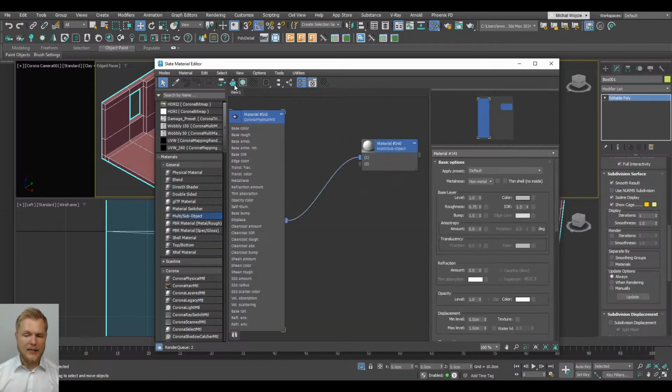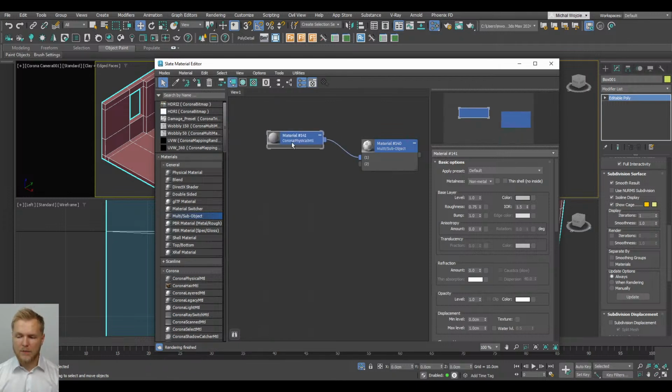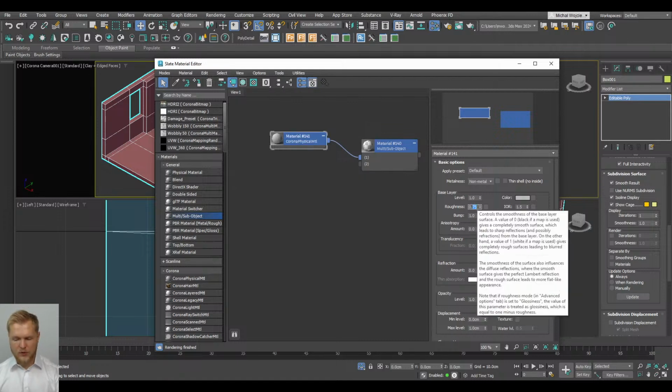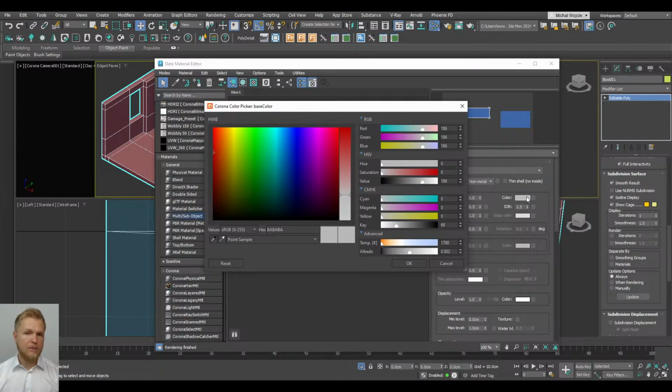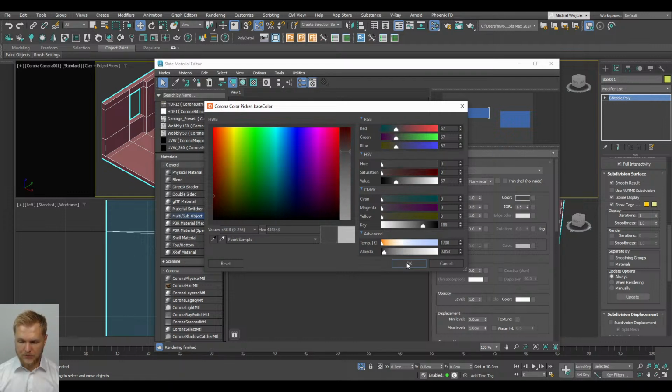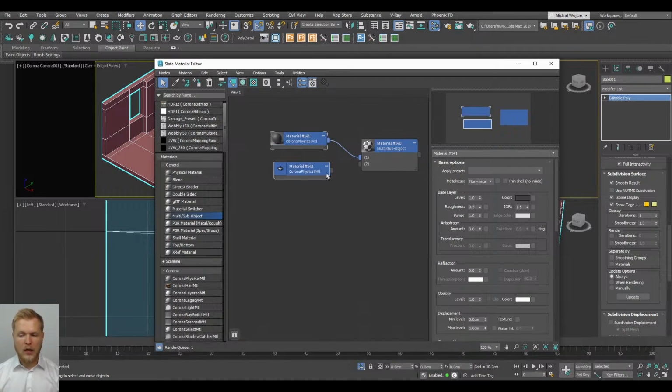We're not going to go in depth about materials yet because this is not that type of webinar, but we're going to add roughness of around 0.5 because this is going to ensure that our object has a slight amount of reflection, or a slightly less blurred reflection. We're going to lower the value, so it's going to be nice and gray. So that's it. We can now shift-copy this material and plug it into slot number